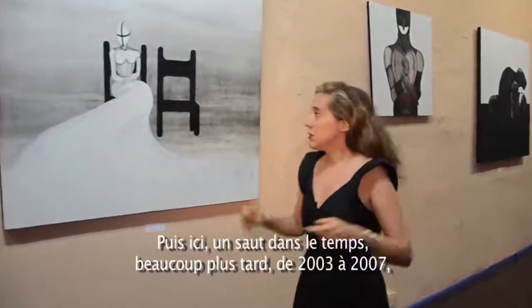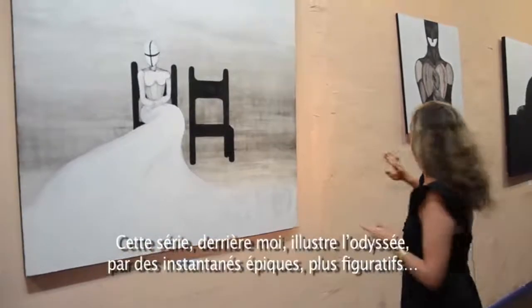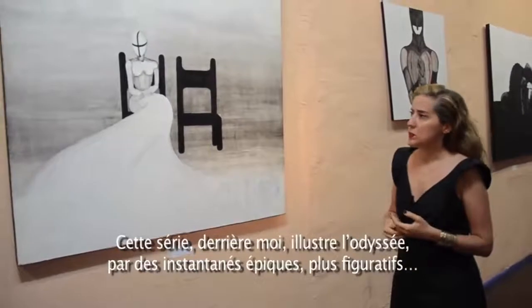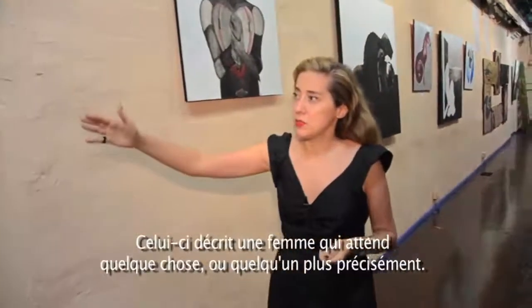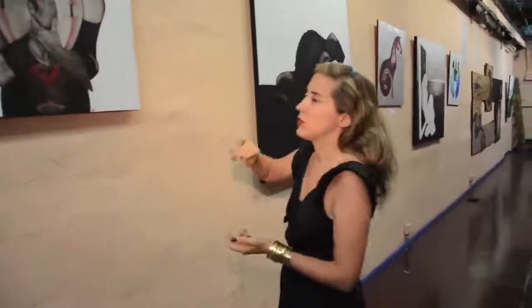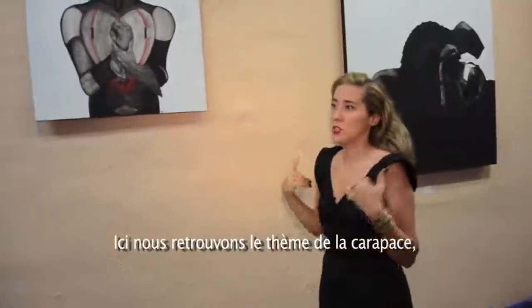This was in 2003, this was in 2007. Completely different, except that it is acrylic as well. This is like a series following me on the journey, more epic situations, slightly more figurative, where this one describes a woman waiting for something or someone precisely, and she's static and the background is moving. There is a lot of action, but it's something to discover when you look at the painting a little longer. This would be in the same sense of the shell, the theme of the shell, the armor,